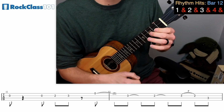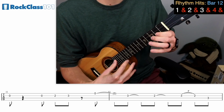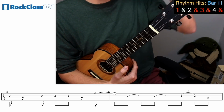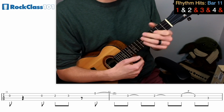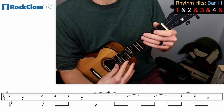2 and 3 and 4 and... Much better. But let's go ahead and hear what measures 11 and 12 sound like. Again, we get a good sense of the syncopation when we combine these measures. Should sound something like this. 2 and 3 and 4 and...